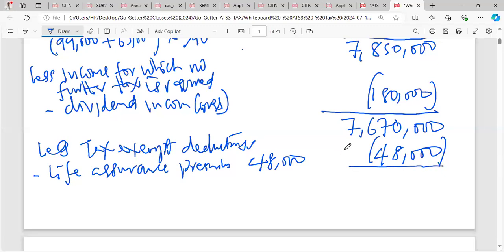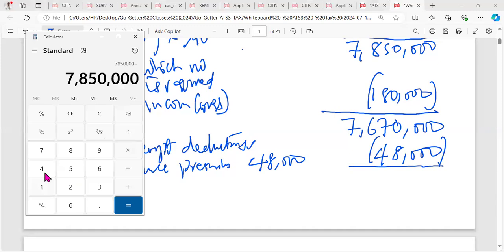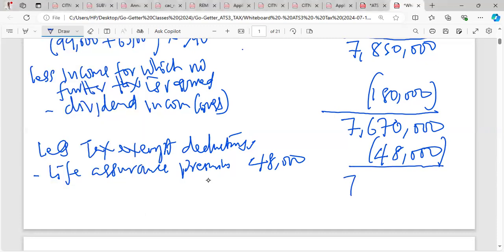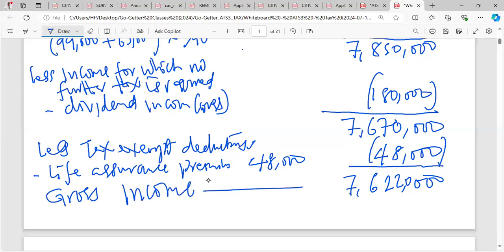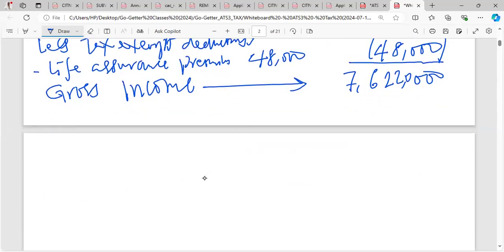So when we remove 48,000 here, first of all, let's remove this 180,000. Now let's remove this 48,000. We have 7,622,000. And this is what we call gross income. So take note of the step. This is gross income. Then the next thing to do is to remove something called